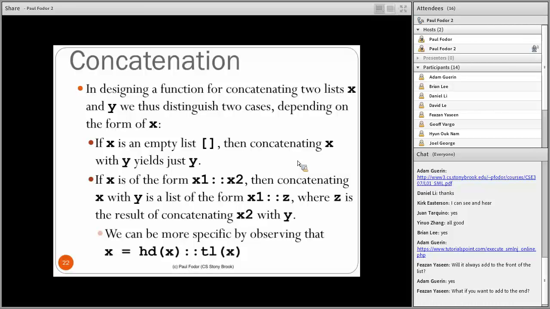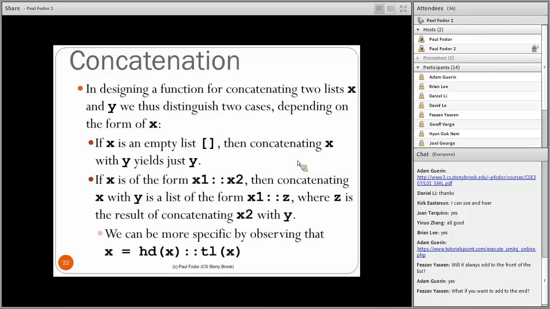If x is of the form x1 and x2, with x1 as the head and x2 as the tail, then concatenating x with y will result in a list of the form x1, the same head as x, and z as the tail, where z is the result of concatenating the tail of the first list, which is x2,